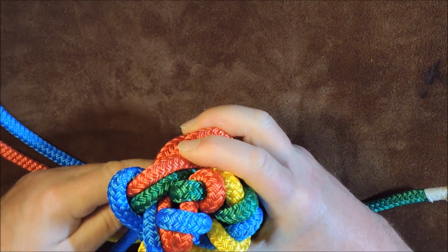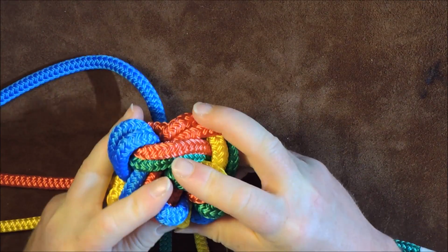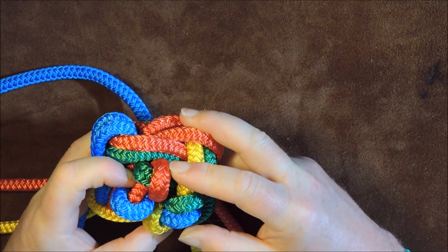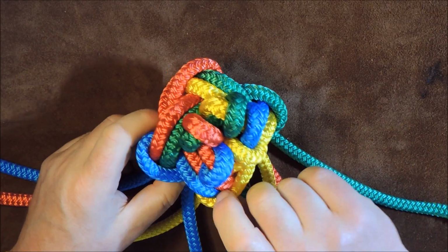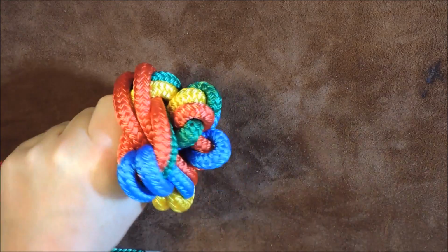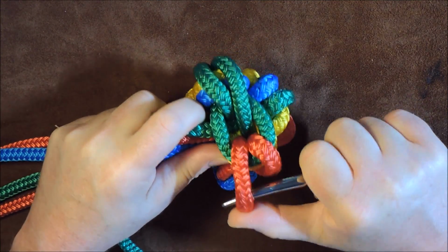And then we end up with a nice crown appearing on the top of our knot. 1, 2, 3, 4. There they go. Okay. So there we go. And now that we've done that, I'm now going to go around and tighten up on everything. And then by tightening up on everything, all I'm going to do is just start at the beginning with the